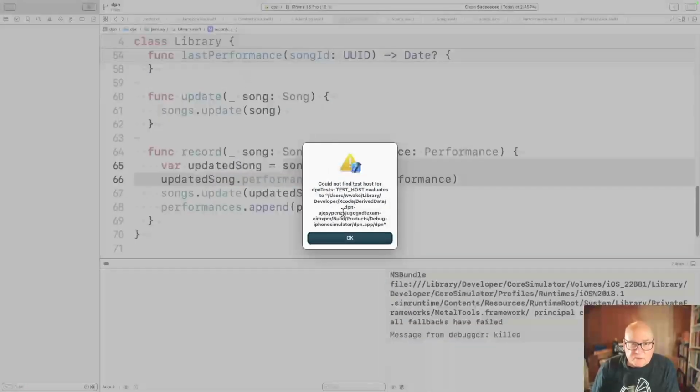And run tests. Oh, could not find test host for DPN tests. Test host evaluates to this stuff.